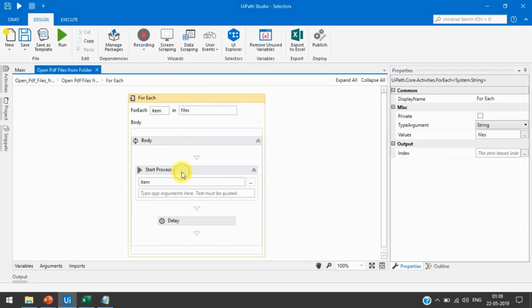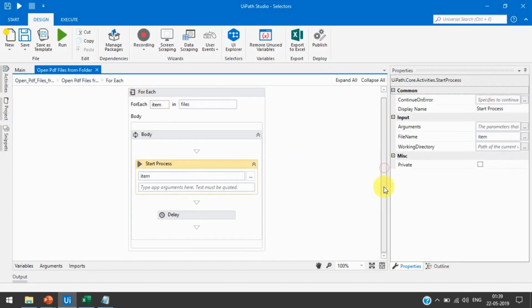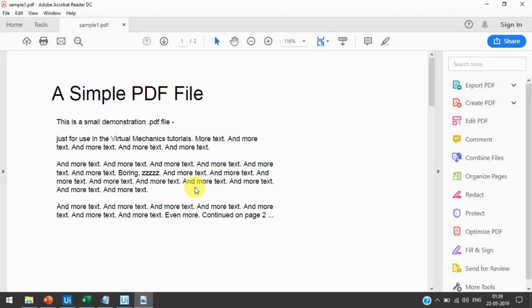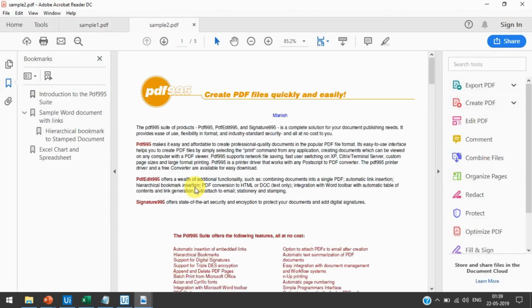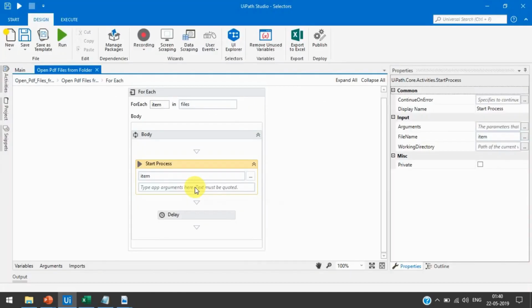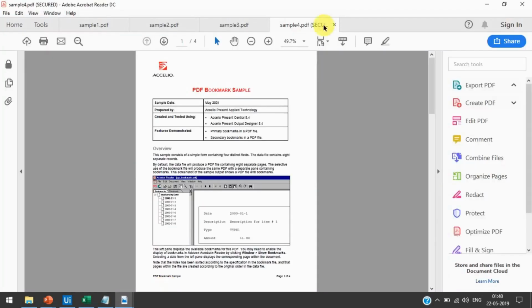Now we have used a Start Process. This way we are just opening all the files one by one. It means we have not used any selector, we have not used any wildcards here. Now I will show you how to use wildcards in this. Let me first close this.